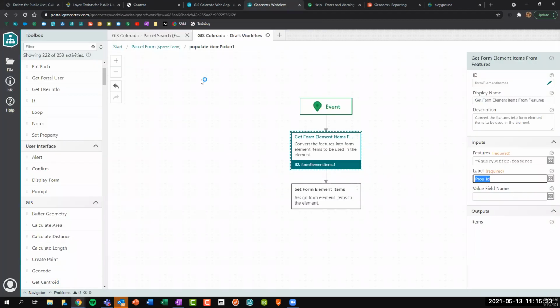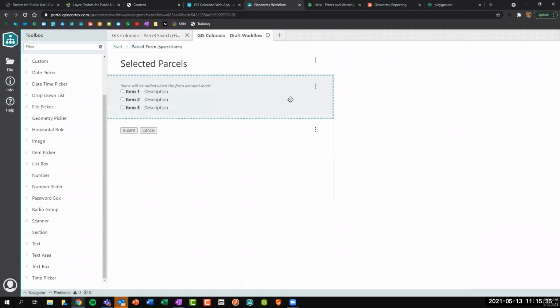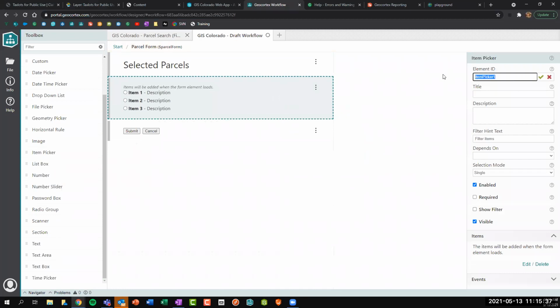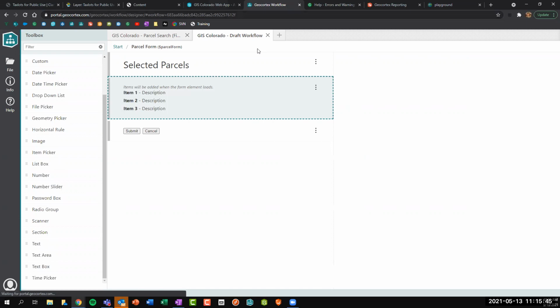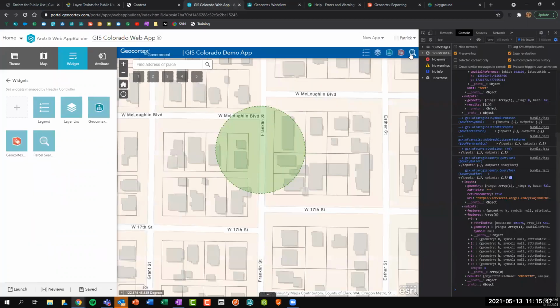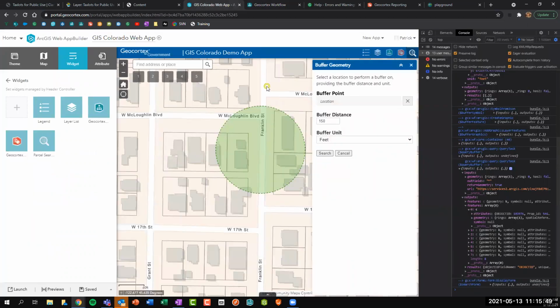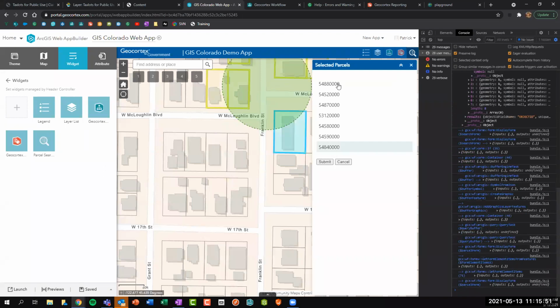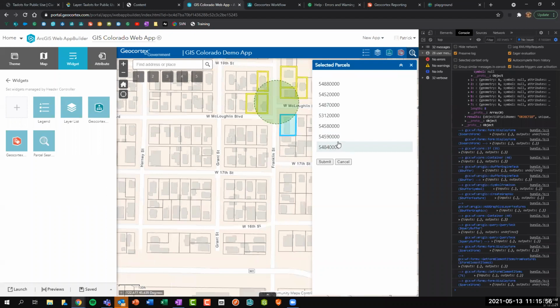So let's go ahead and save this. Again, as always, I like having my elements have an actual ID name. Let's just do no selection and click save. And if we were to then rerun this at a point and click search, we can see here we're highlighting the parcels that intersected our buffer. Now we're going to continue